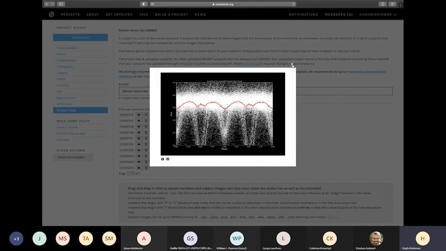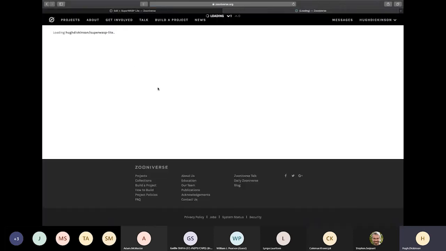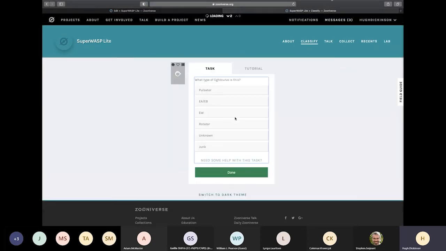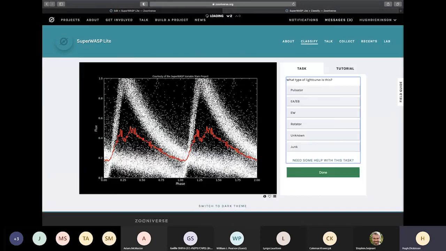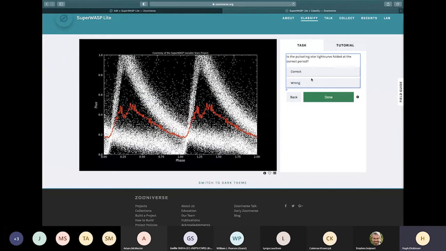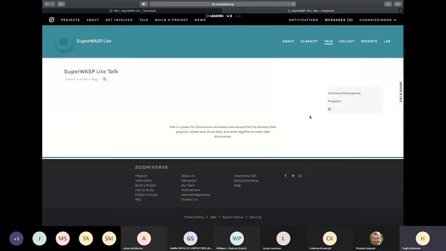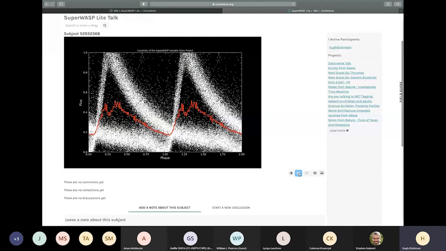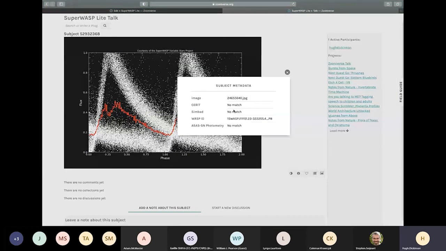So what we're actually going to have to do is view our project to check that this has worked. Get started, classify something. This looks a little bit like a pulsator to me, and it's at the wrong period. And then if we go to talk and talk about this, keep your fingers crossed. If I look at the metadata, I see, well, this particular one, of course, had no match, but you can see it's added the extra metadata